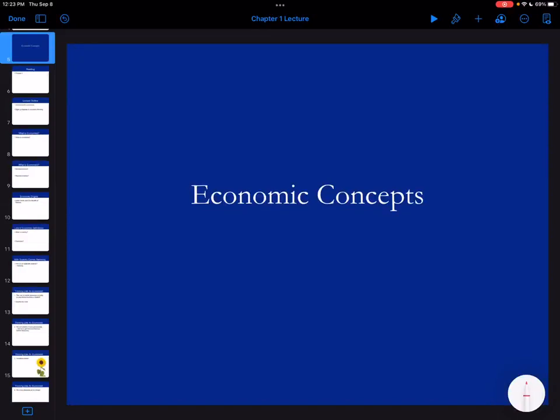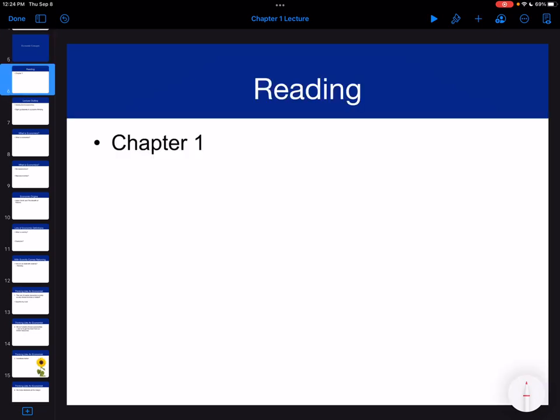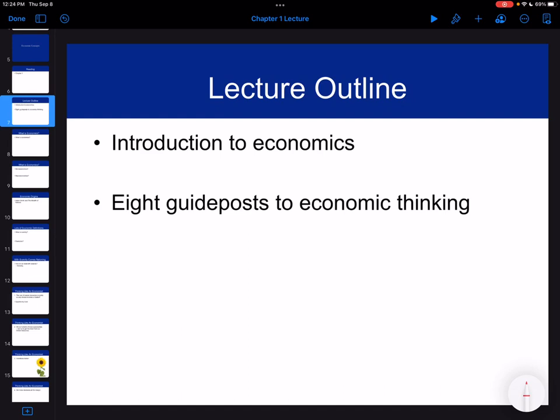All right, let's begin with some first few concepts here in Chapter 1. In general, the slides I have on Canvas are set up in such a way that the first slide gives the main title of the chapter, the second slide tells you the chapter, and the third slide tells you the primary topics we're going to address in this particular chapter. So this is Chapter 1.